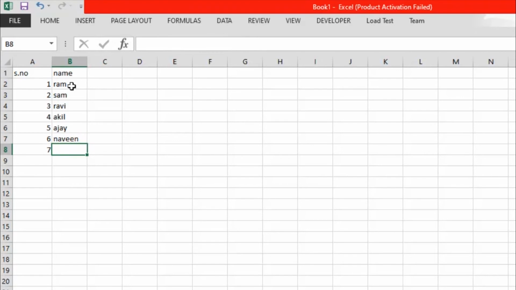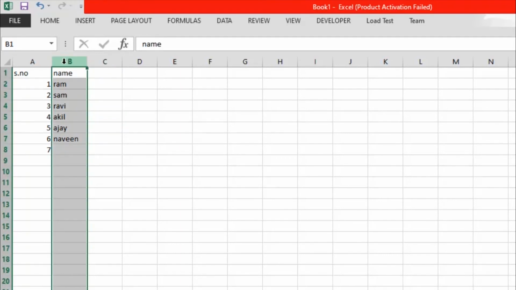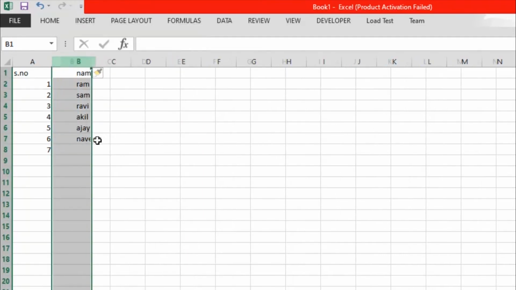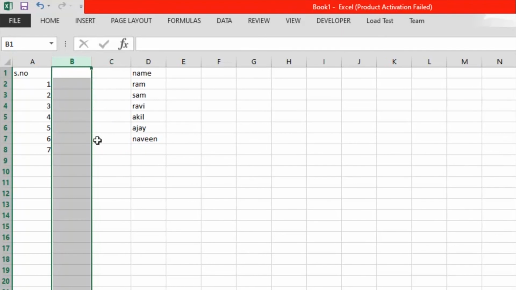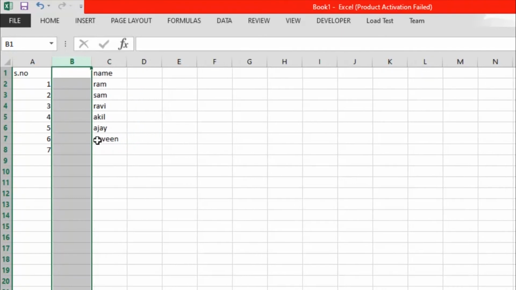Okay, fine. Now we are going to see about the columns. Suppose this is a table and you have entered data, and unknowingly you have left some column without entering it. You need not delete all the columns, instead you can insert a column. If you want to insert a column in between the serial number and the name, just click here. You can right click this and you will get an option to insert. It's as simple as that. The shortcut key for inserting a column is Ctrl+, and if you want to delete a column, the opposite one, Ctrl-. Fine, I don't want this column too, so I'll delete it.